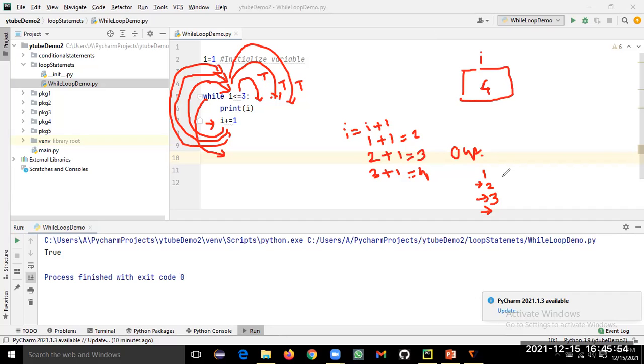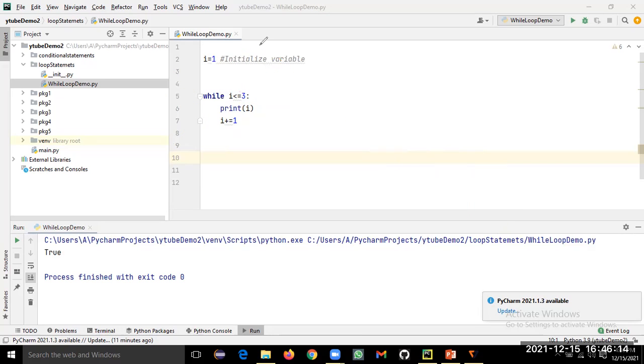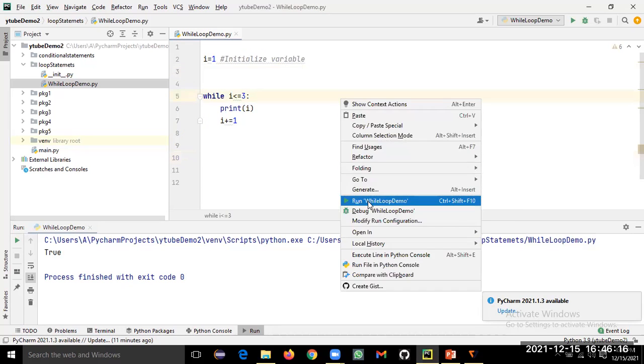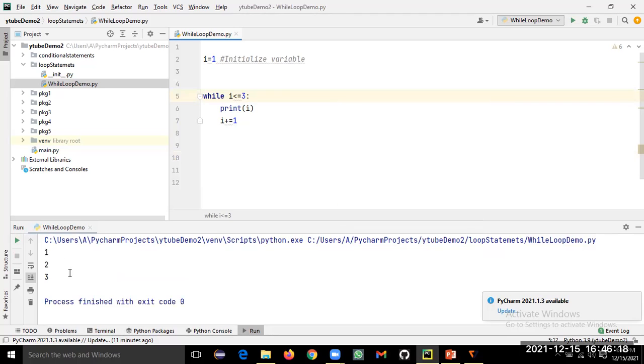Now we have successfully done the dry run, and we have taken the output. Do this practice when you are new to programming. Don't be lazy about doing this dry run. Capture each and every step of how the program flow will go during this loop, after incrementing each value and after checking each condition from the initialization. The output should be 1, 2, and 3. So this is how the while loop will work.